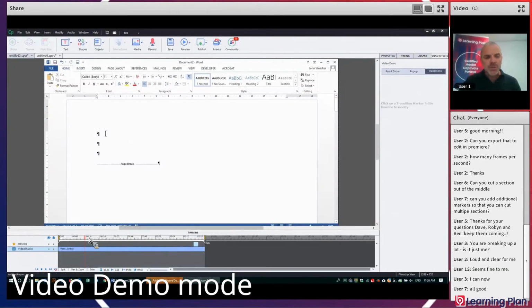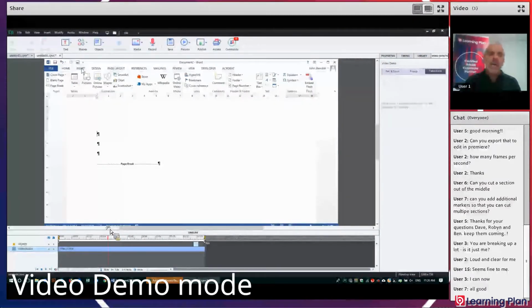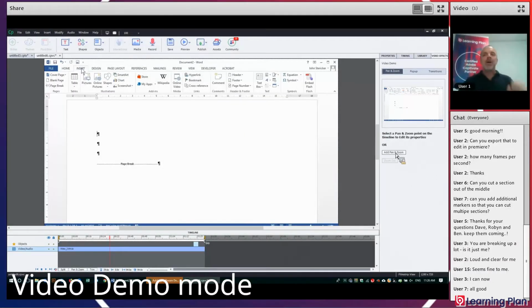A couple of other options that I wanted to point out, which is really cool. Up in the top right hand corner, we've got pan and zoom. So finding the part where I go up into the top left hand corner. So you'll see here I've moved the playhead and it's clicking on the table button. So about there I might want to zoom into that part of the screen. So I can click the pan and zoom button,